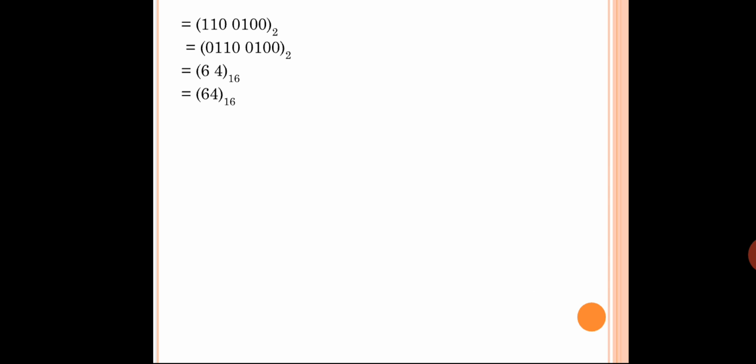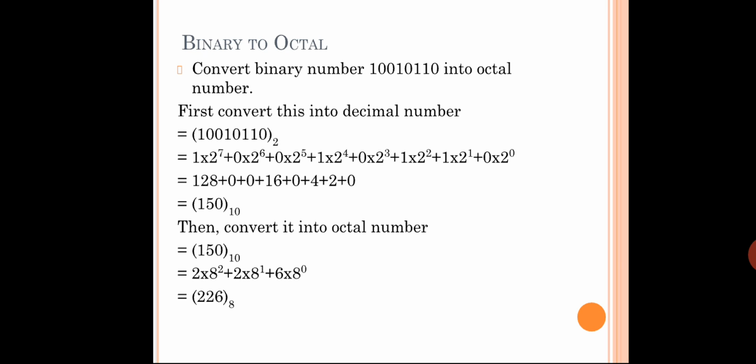Fine. So the next thing is binary to octal. In the previous example, we went for decimal to octal. Now our work is to go for binary to octal. How do we go for binary to octal? They have given one binary sequence, 1 0 0 1 0 1 1 0, in the first line. Can you see that sequence? That binary sequence has to be converted to an octal number. What is the first thing? First you have to represent that binary in a binary fashion. How? You have to give the base value. Once you give the base value, what is the next step?